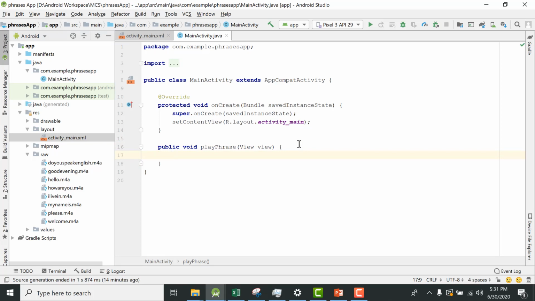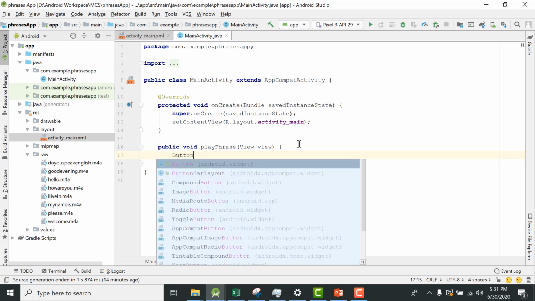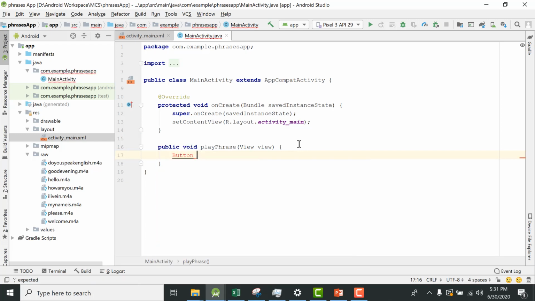Whatever button you press, this play phrase method will get executed. First I am going to create a button, the simple button that you have pressed, and I'm going to get that button from the view that you receive when you press a button.